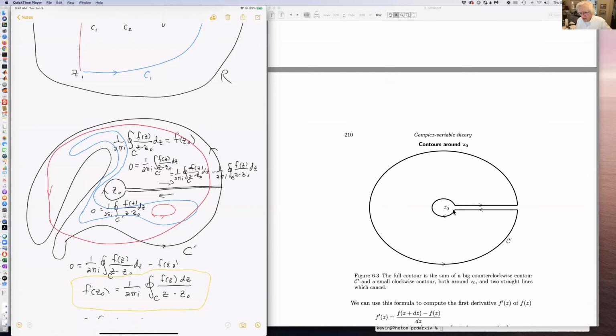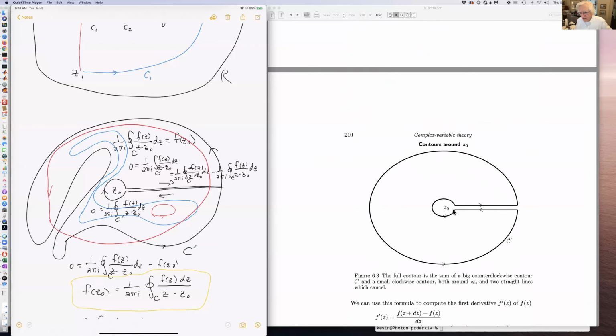We differentiate again, we get this expression here, and eventually we see that the nth derivative of an analytic function at z is n factorial over 2 pi i times the integral counterclockwise around the point z of f of z prime, divided by (z prime minus z) to the n plus 1. So that's Cauchy's integral formula, which,